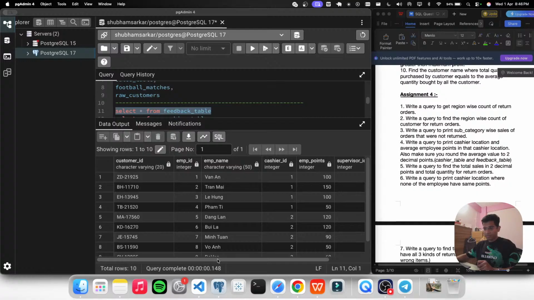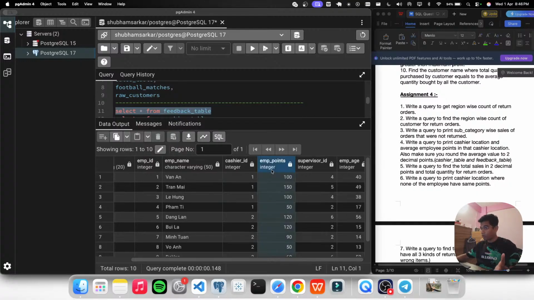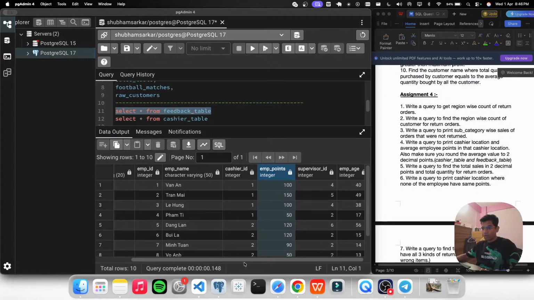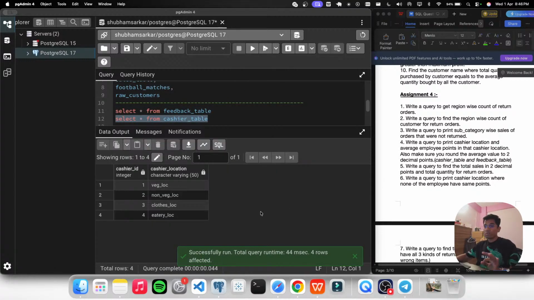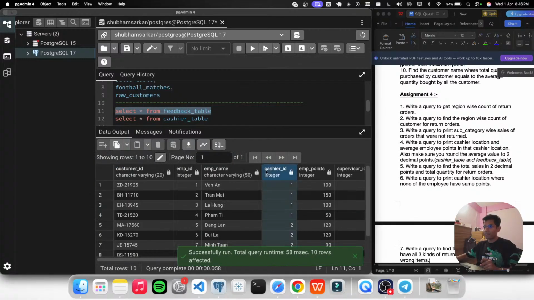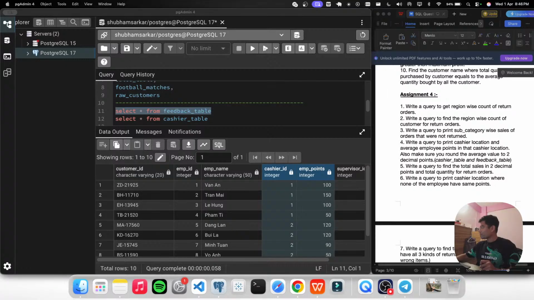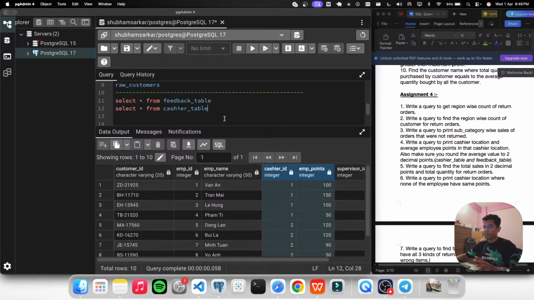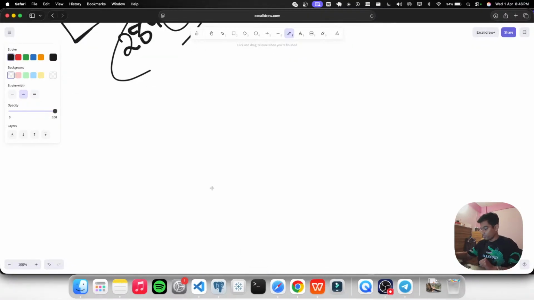फीडबैक टेबल से हमें यहाँ पे एम्प्लॉय पॉइंट्स मिल रहा है, जो कि एक्चुअली रिक्वायरमेंट है क्योंकि हमें एम्प्लॉय पॉइंट्स का एवरेज निकालना है, और कैशियर आईडी, बट हमें कैशियर लोकेशन चाहिए। अब देखते हैं कैशियर टेबल में क्या क्या है। ओके, तो कैशियर टेबल में अपने पास कैशियर आईडी और लोकेशन है, और फीडबैक टेबल में कैशियर आईडी और पॉइंट्स। तो यहाँ पर कैशियर आईडी मैच कर रहा है, विच इज़ अ कॉमन कॉलम, राइट। तो अब हम दोनों टेबल को ज्वाइन करने वाले हैं विथ अ कॉमन कॉलम, ठीक है।